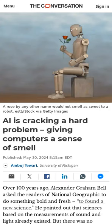Smell in humans is experienced through about 400 types of receptors in the nose. Scientists are using machine learning to help computers learn what certain molecules or sets of molecules smell like to humans. Machine learning is key to digitizing smells because it can learn to map the molecular structure of an odor-causing compound